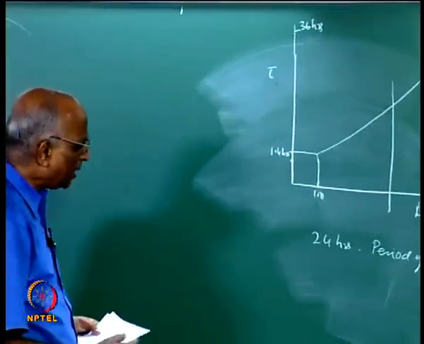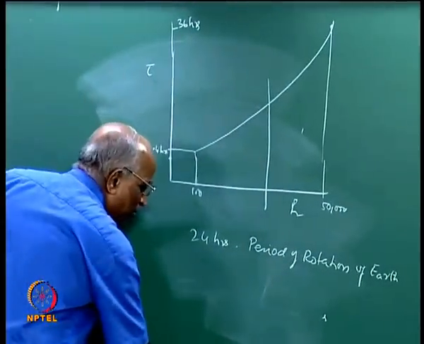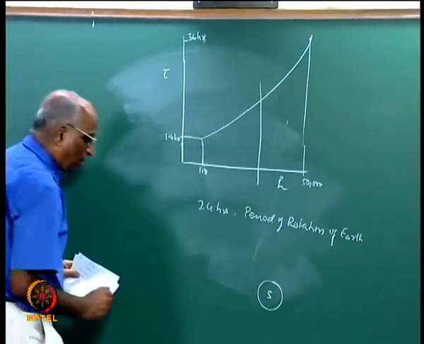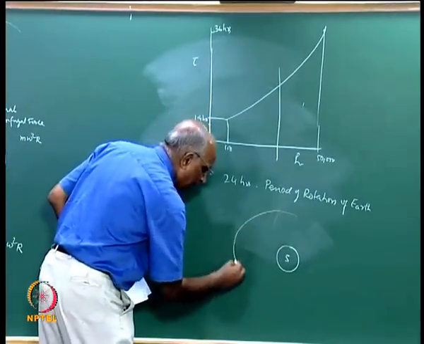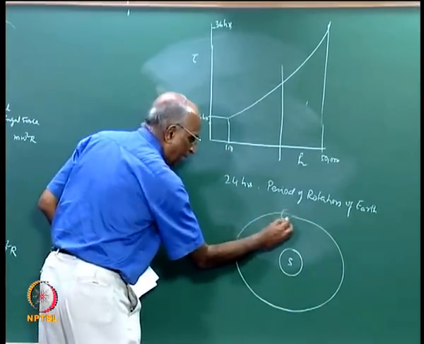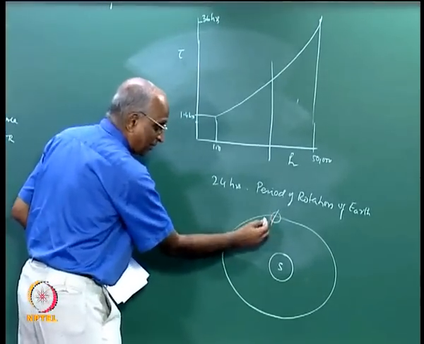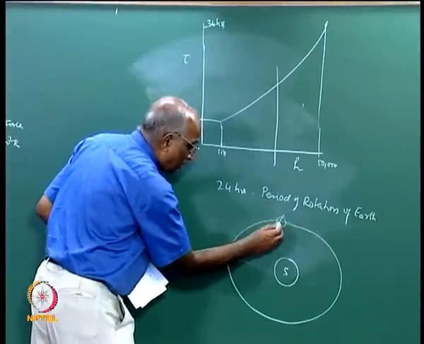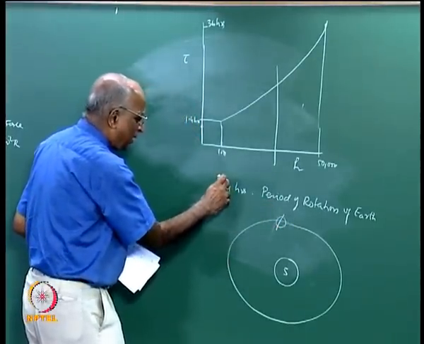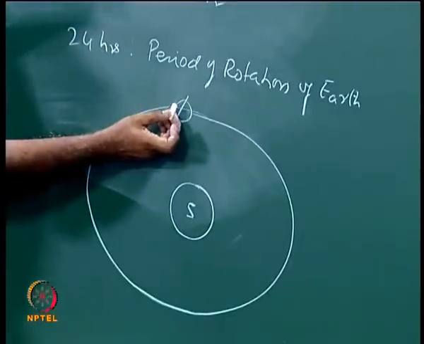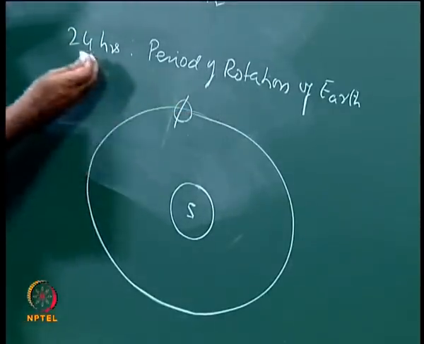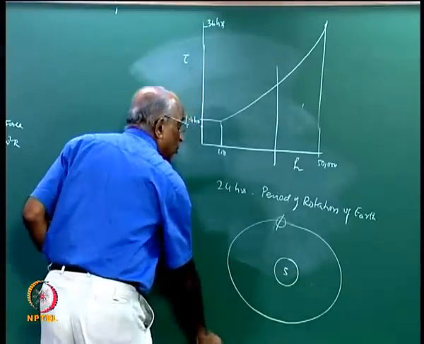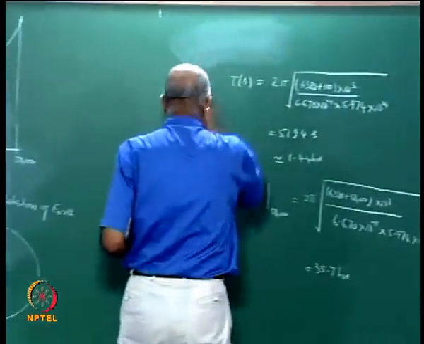But actually, let's put things together. You have the sun at the center of the solar system, and the earth revolving in an elliptical orbit, and the earth is also rotating on its axis as it is revolving. Therefore, the solar day is going to be different, and the period of one rotation is going to be slightly less than 24 hours. Therefore the period cannot be 24 hours, and so we define another one, namely the solar day, that means